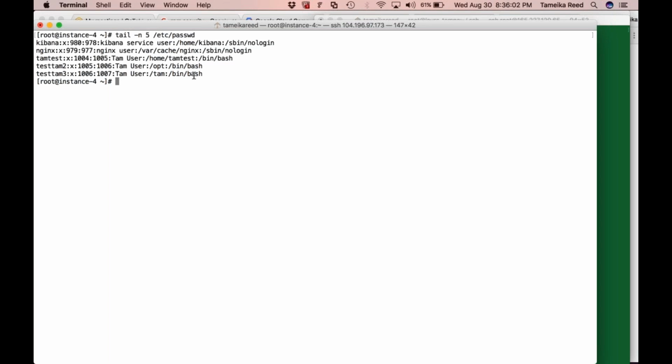So now if I do an ls here, I'll grep for tam. You see there's my directory. The other one is /opt. If I do an ls on /home, you'll see I have a tam test for that one. So what happens is I set the passwords to be all of them 123456. So technically speaking,